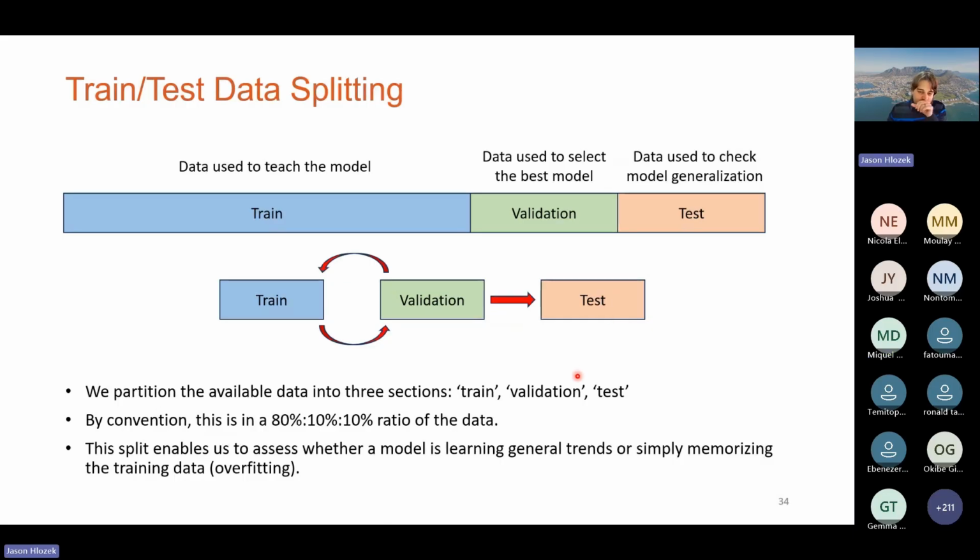What we actually do during our model development process is we take our training data and we split it into different sets. So we've got our training compounds, which is what the model is really going to learn from. And then I hold out some data which the model doesn't get to learn from, but I'm going to check the model to see how well it's actually done at learning.